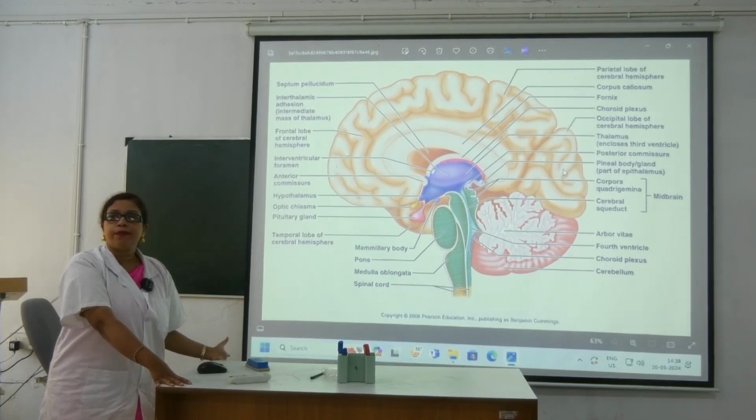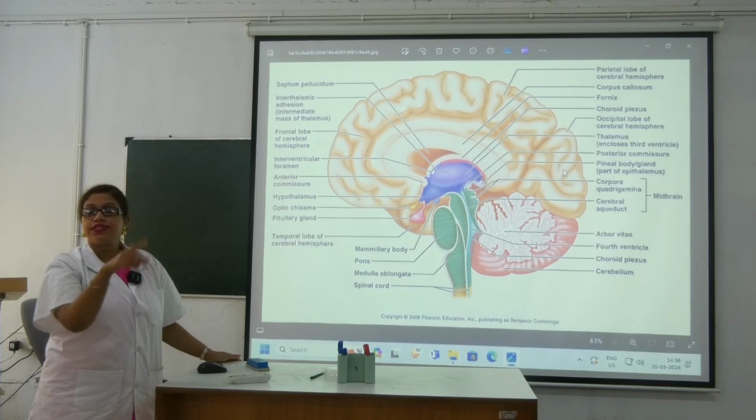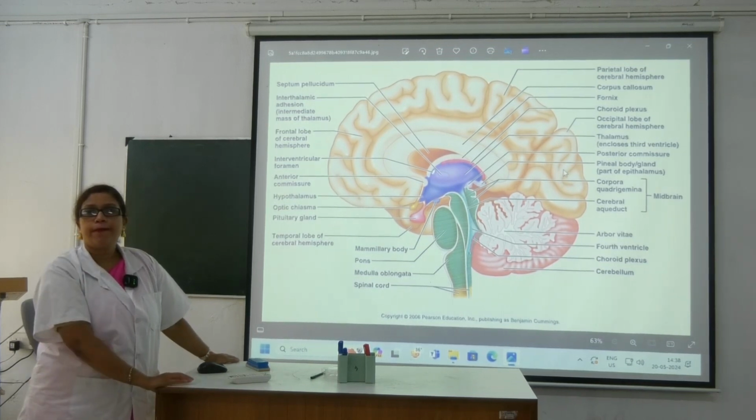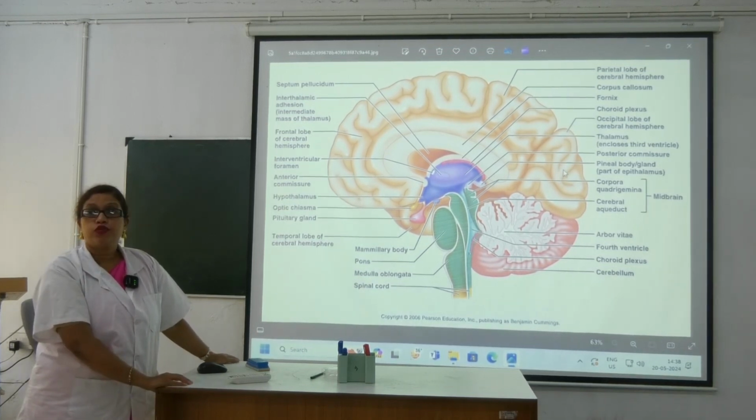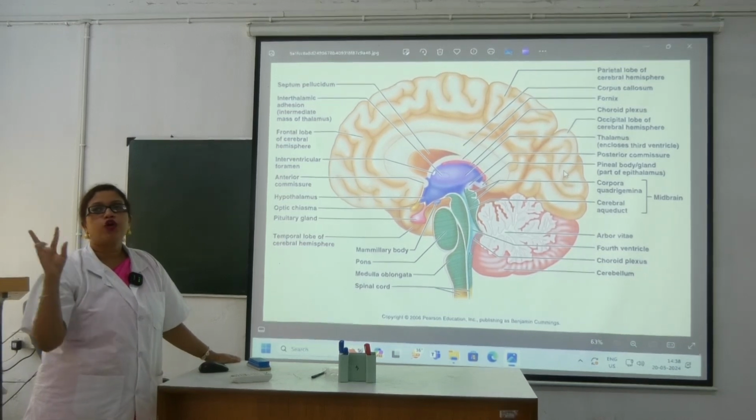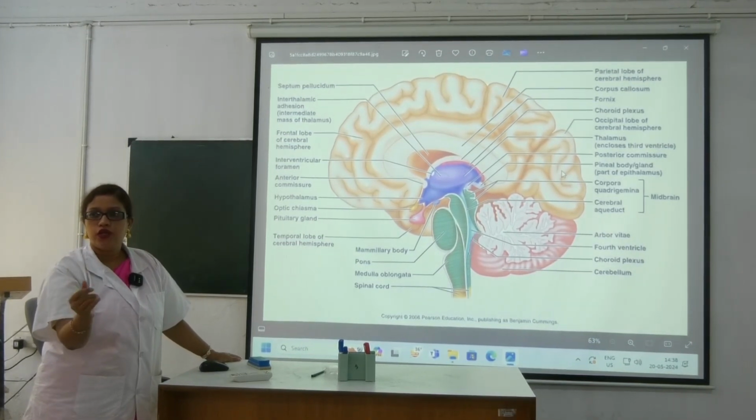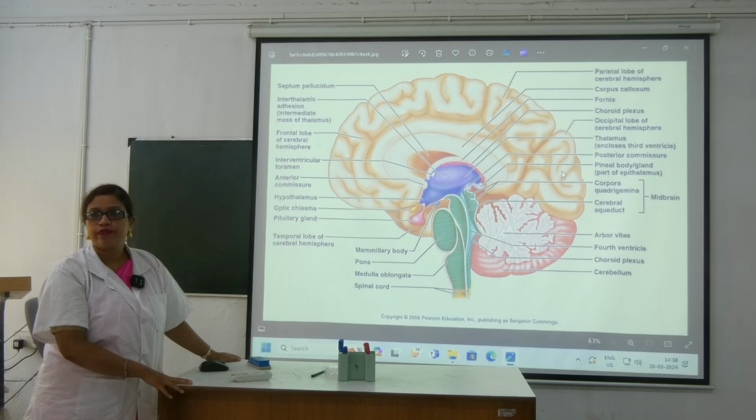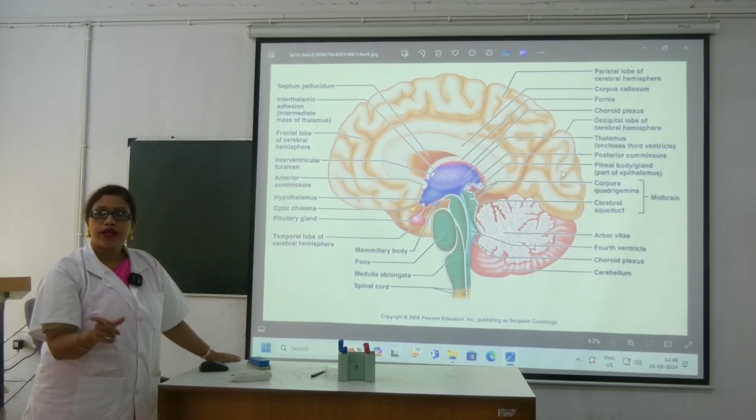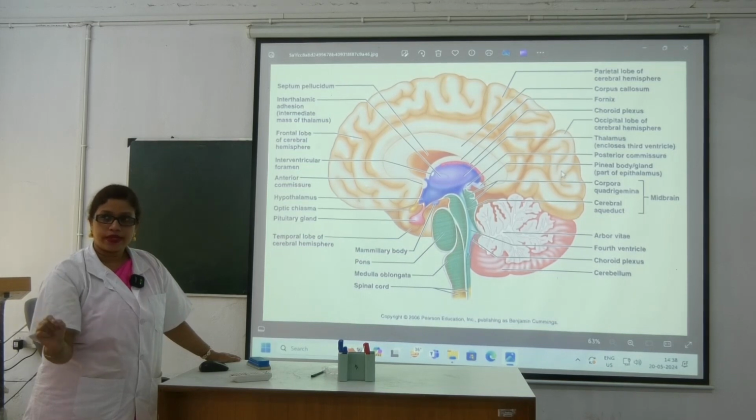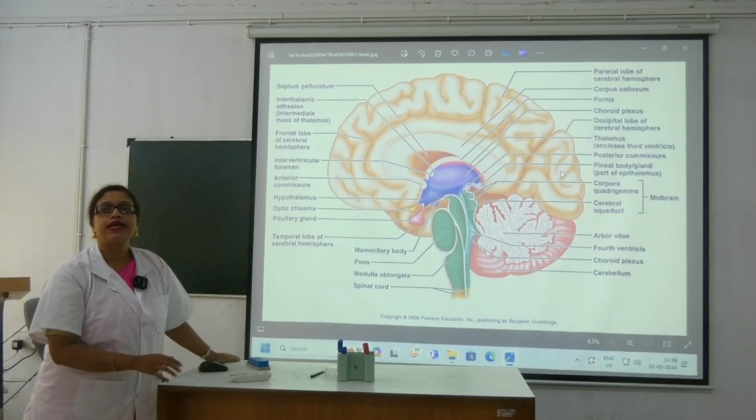And the name signifies, what would be the shape of this tentorium cerebelli? It would look like a tent. Okay. Now see, the tent has got two ends, one anterior end, one posterior end. So where would it be attached? Go and look at the shape of the tentorium cerebelli today. Okay, so write it down, it is attached to the